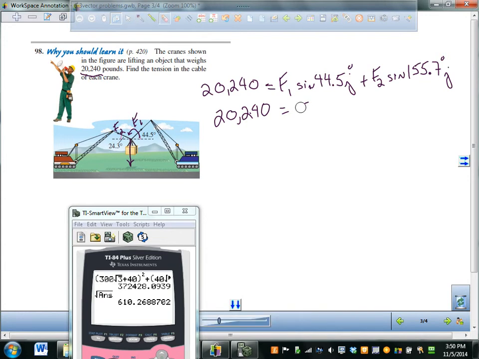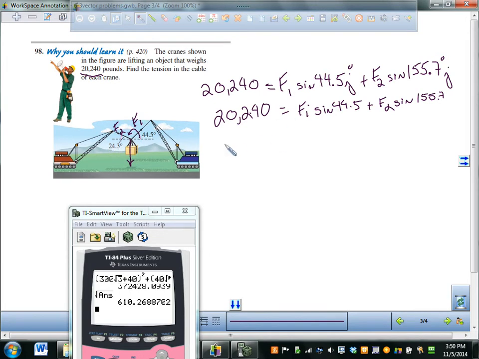you could call that force 1, you could just get rid of the letters. So it's force 1 times the sine of 44.5 plus force 2 times the sine of 155.7. Okay, now the other thing that's got to be true, since the box is not moving either way, left